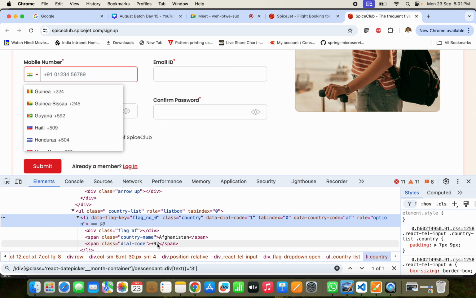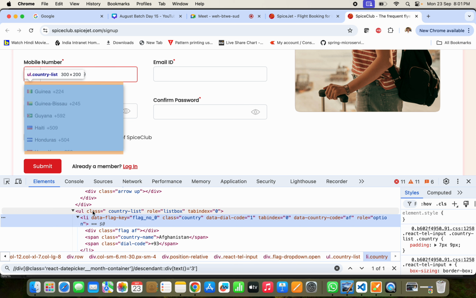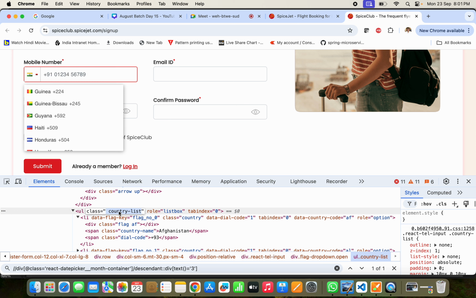Okay, let's do this. कैसे करेंगे हम लोग, कंट्री लिस्ट, लेट्स से ड्राइवर, and this is ul. ul means unordered list. ul क्या है, कंट्री लिस्ट, राइट।